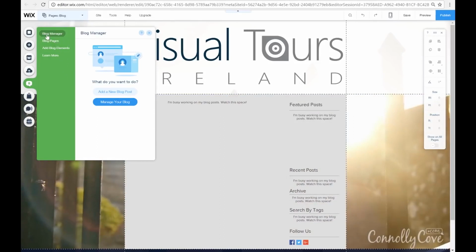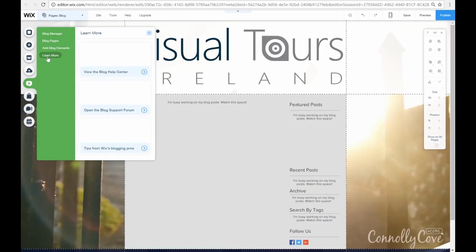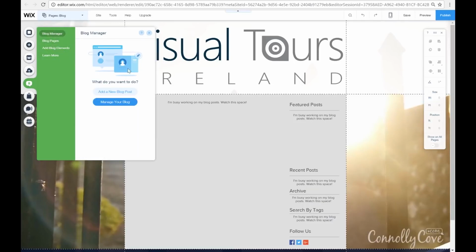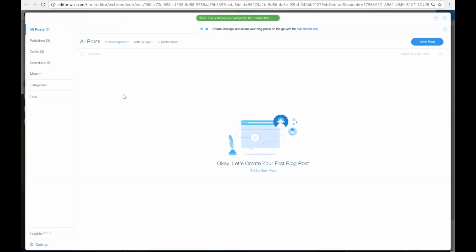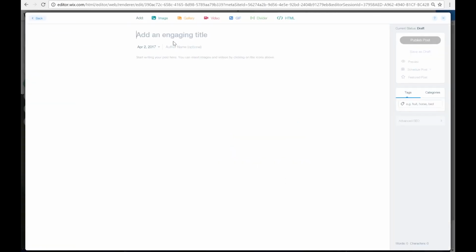So your blog manager, your blog add button just turns into your blog manager. You have add new blog post, manage your blog, blog pages, blog elements, and learn more. If we go back to the blog manager and we manage our blog, so I'm going to add a blog post in this section, and if we just add a new post with this button, add an engaging title,